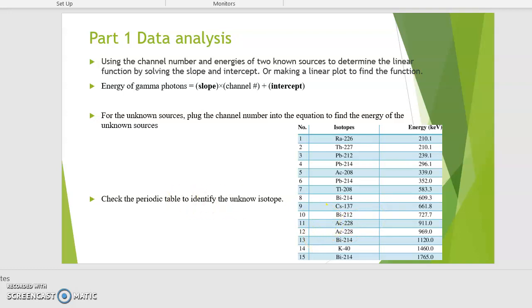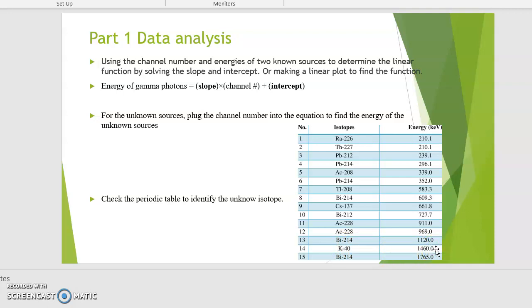I want you to calculate the percent error. I will just let you know the gamma ray source is due to potassium 40. The unit here is kilo electron volt, so that's basically 1.46 mega electron volt. So you will expect your theoretical value for potassium 40 to be